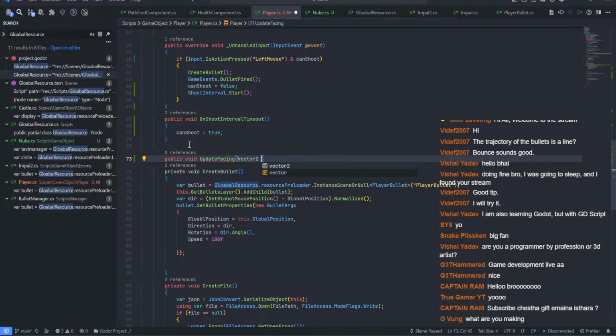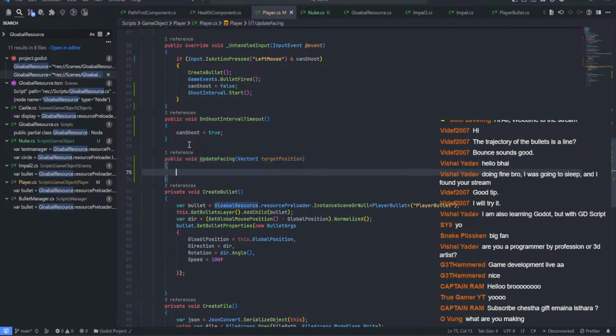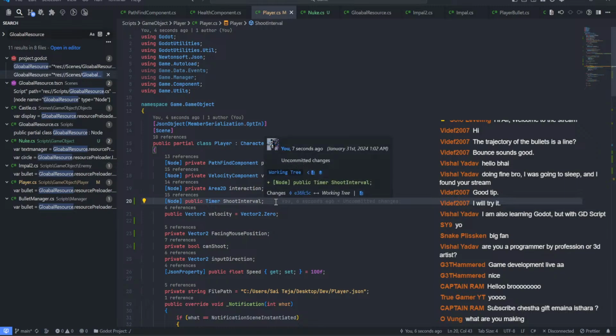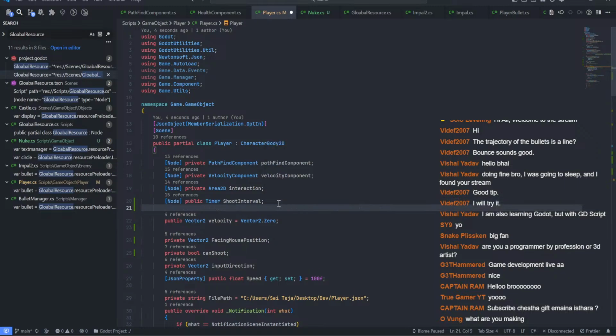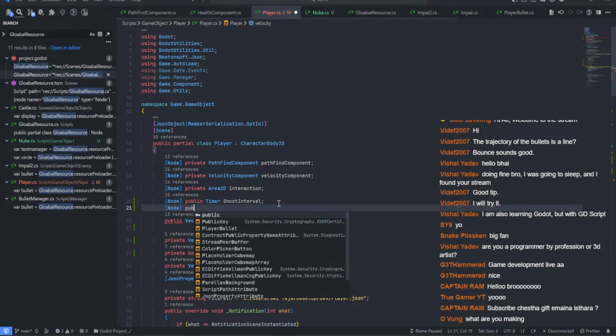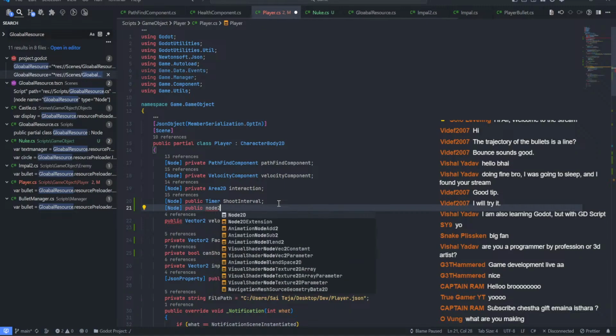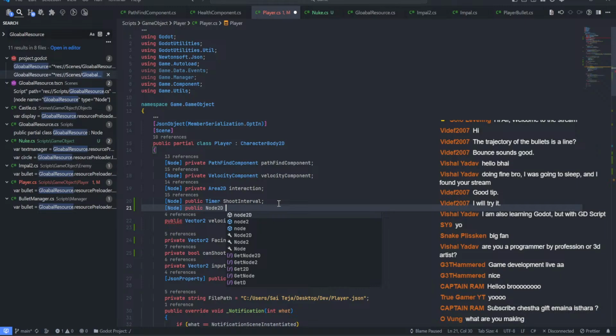It will take a target position. So then what else do I need? Public, it's 2D. I created as